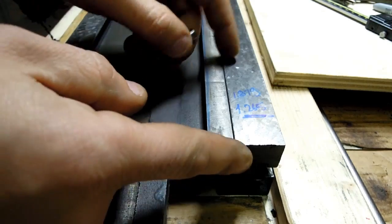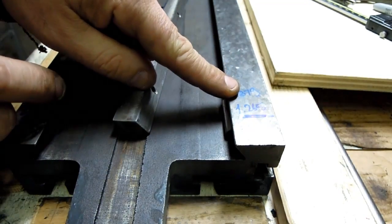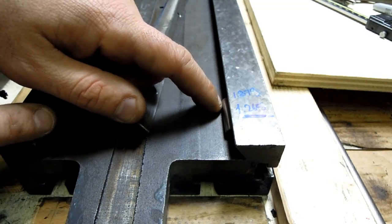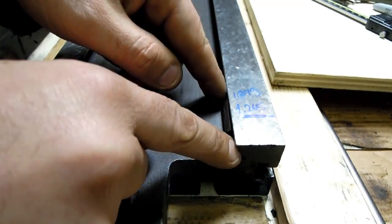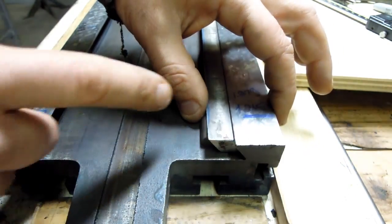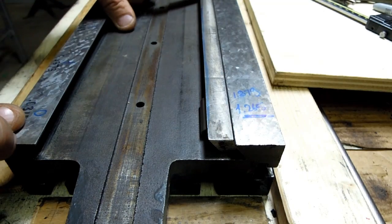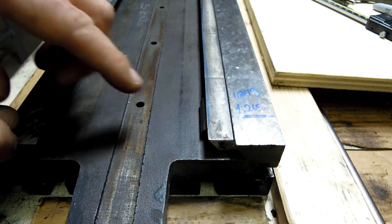So what I did is I went through with the pin and I measured the machine surface all the way down the length and marked that. There's 1 thou deviation between this end and that end that's 25 or so inches away, which is pretty darn good, I think, for a machine surface in here. I did the same thing with the pin that we did on this other side with the gib in place, took that measurement, subtracted the difference I measured without the gib, and still ended up at that 20 thou wear in the center. So I'm pretty darn positive this thing's got 20 thou wear in the center,